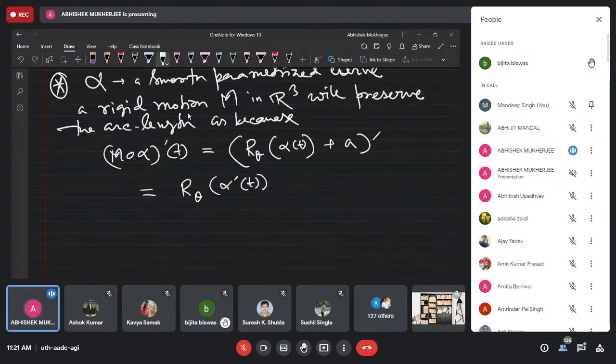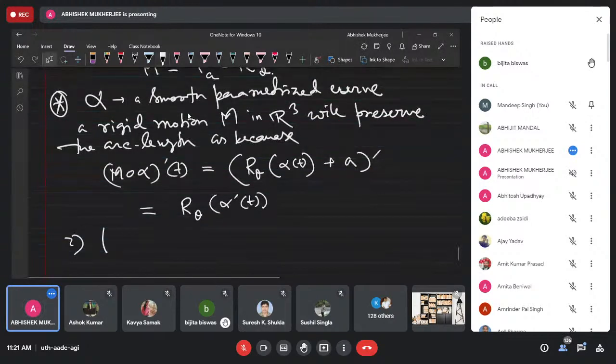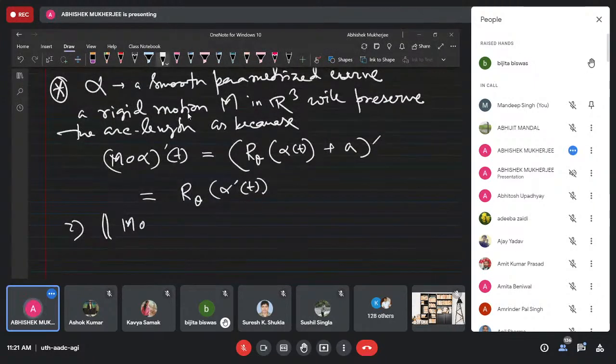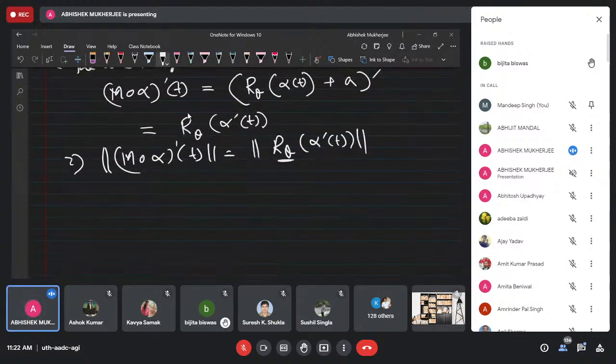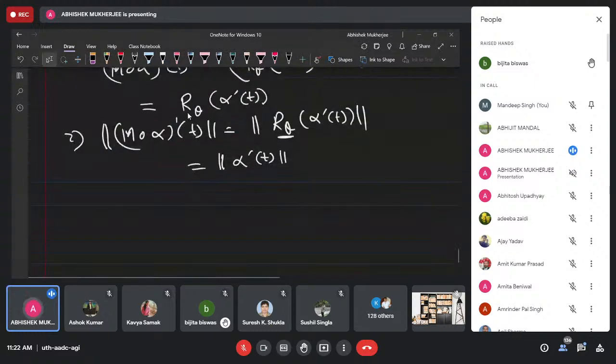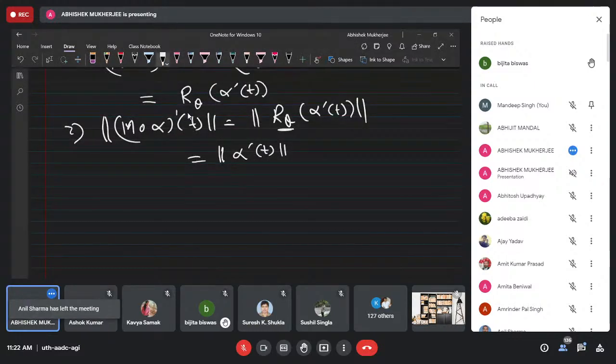Okay. Now taking the norm, so this will be the norm of r theta alpha dash t, and since it preserves distance, it will be the norm of this one, right? So with the help of this, you can prove this one, and this kind of map will also have, so you can also prove that